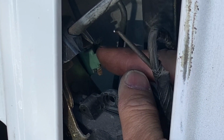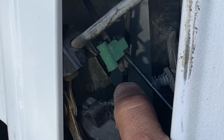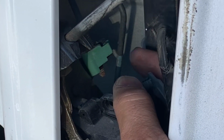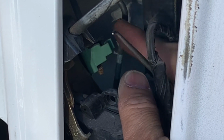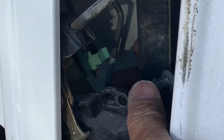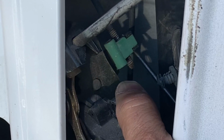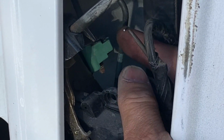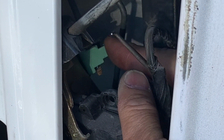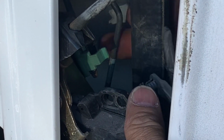This is the part of the project where you have to use a little finesse and patience because there's a couple plastic clips that still need to be removed, and these plastic clips get dry and brittle, so you do need to be careful with them. I like to use a 90-degree pick to remove the first one. This is the threaded rod that goes from the outer door handle to the latching mechanism. Using that 90-degree pick, you can get behind the locking mechanism and pull it a little bit away from the clip to unlatch it. Then all you have to do is pull that threaded rod right out from the rest